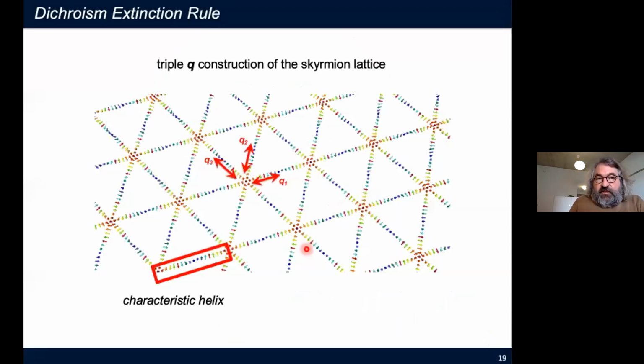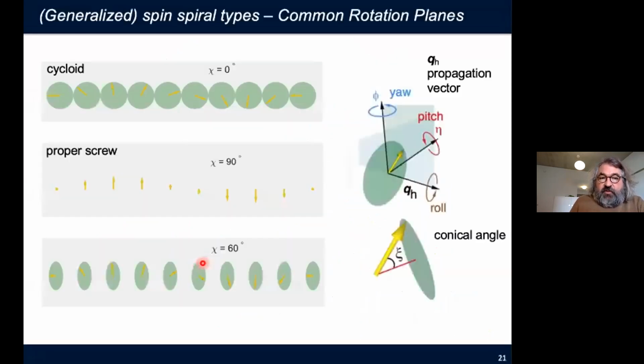Again, let's start to look at this triple Q construction. Underlying there is the so-called characteristic helix that is characteristic for the skyrmion. So we're going to look at that in more detail. And so what we introduce is the so-called common rotation plane. This is the plane in which our moment rotates as you go, for instance, along the cycloid here or along